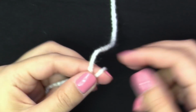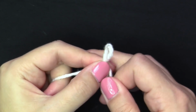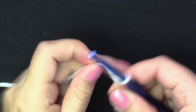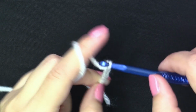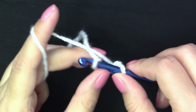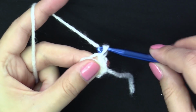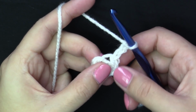We're gonna start with a slip knot and we'll chain 6 chains. 1, 2, 3, 4, 5, 6. And we'll slip stitch into the first chain to form a ring, like so. Chain 3, that will count as a double crochet, and we need to add 15 more for the